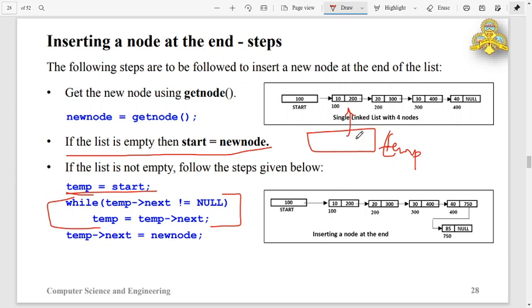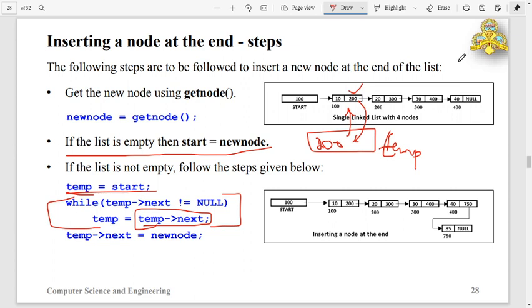So temp is pointing to the first node, and since the next field is not null, I will store the address of the next node, which is stored in temp next, and that is assigned here. That means the 100 here becomes 200.